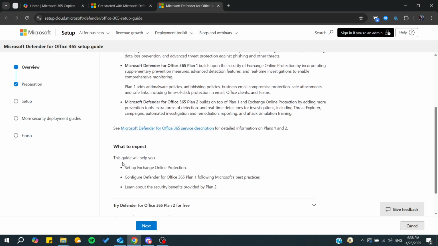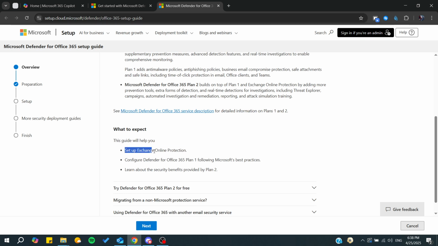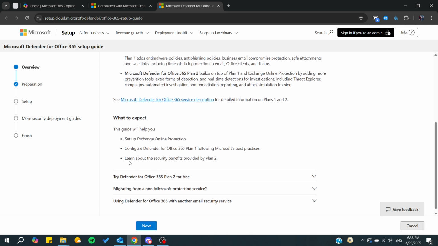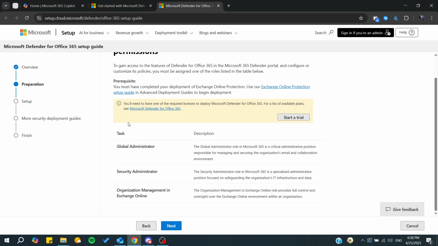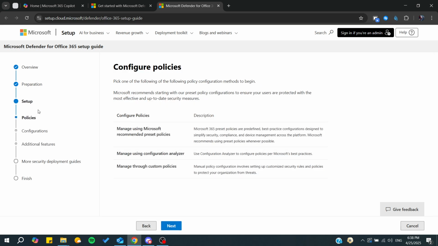And basically, all you will be needing to do is to set up your Exchange Online Protection and configure the Defender for Office. And you can also learn about the security benefits provided by the Defender plan. So basically, let's just click on Preparations, and from here you will understand what you will be needing to do. So let's just go to Next, and from here you will be able first to configure your